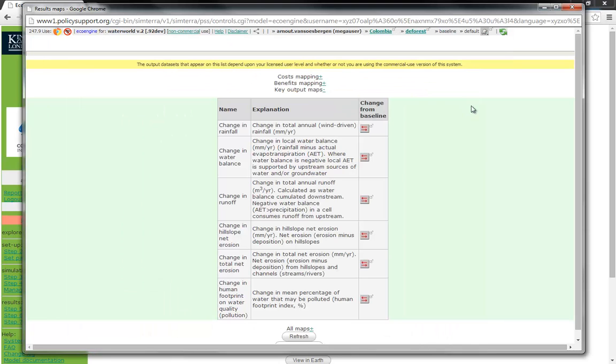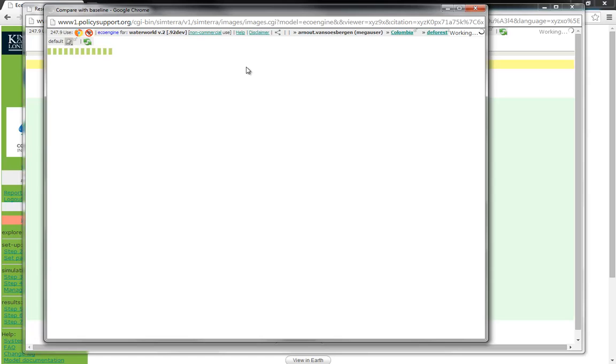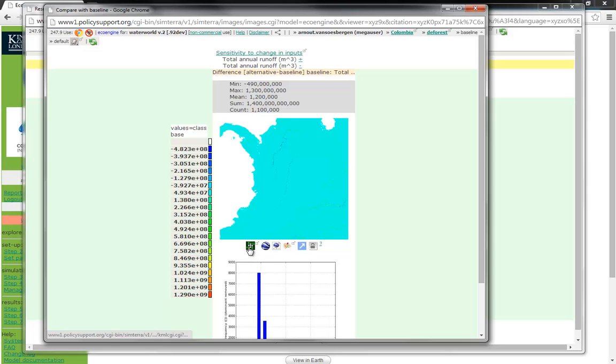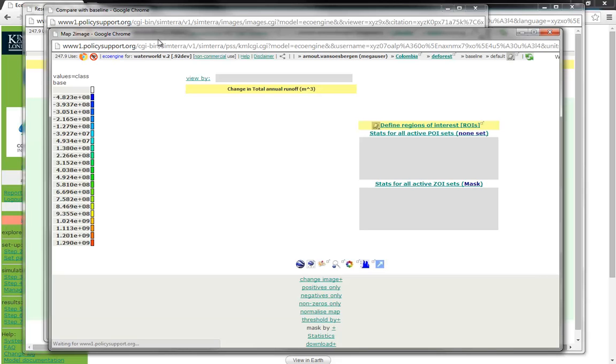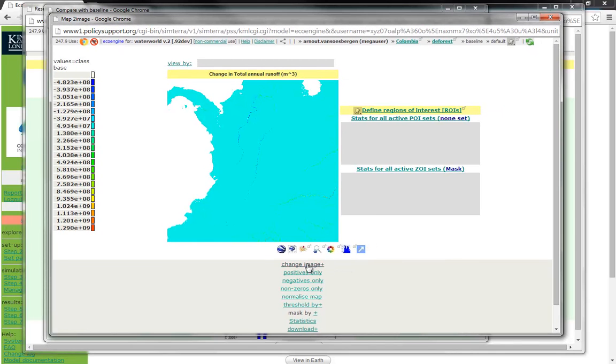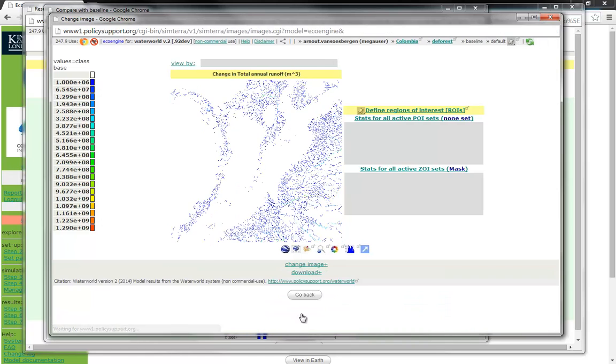and so similarly we expect to see an increase in runoff as well. So let's have a look at the runoff map. If we click on Display in GeoBrowse Map and we change the image, so let's say we set the minimum, leave the maximum to what it was, redraw,